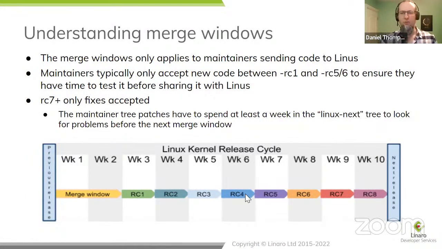Most maintainers will close their trees at some point. It's quite common for big trees to close around RC4, RC5 and RC6. What they're doing basically is freezing their work so that they can run a bunch of tests on it and get ready to send a pull request in the merge window. So they're merging the patches they want to take around about RC6, spending a couple of weeks testing it, and then when Linus opens up the merge window, they're ready to send the pull request to Linus.